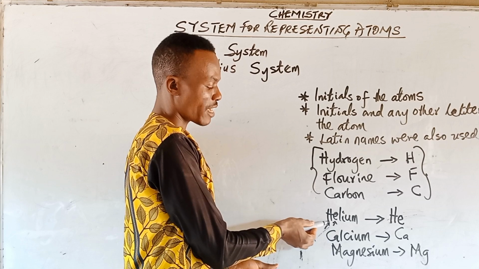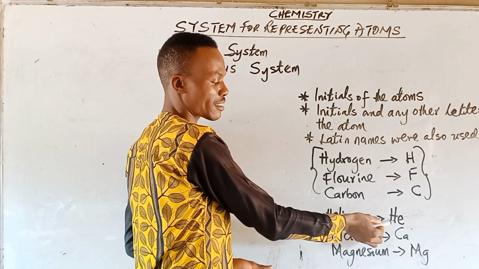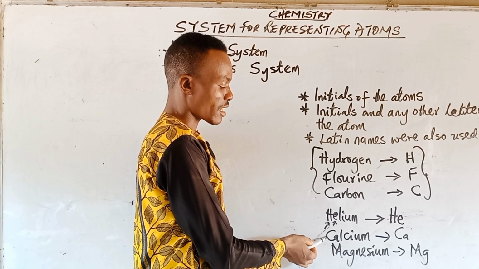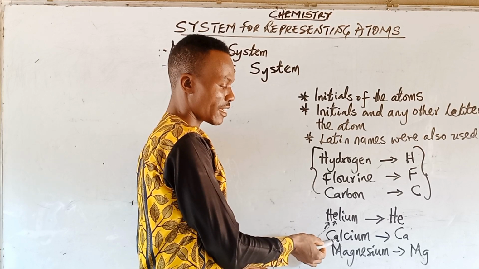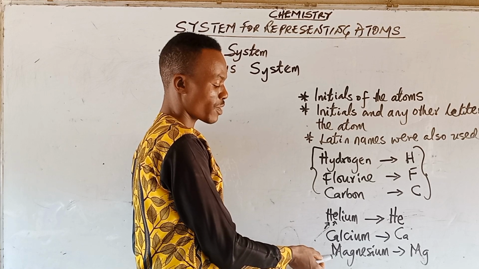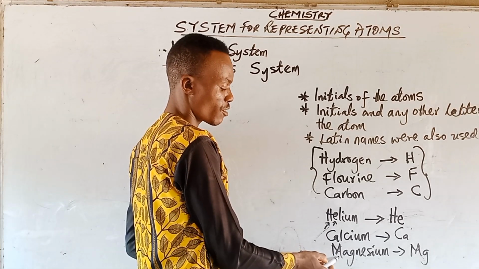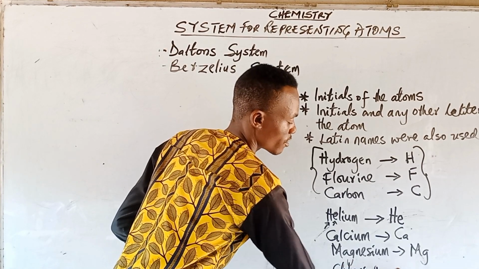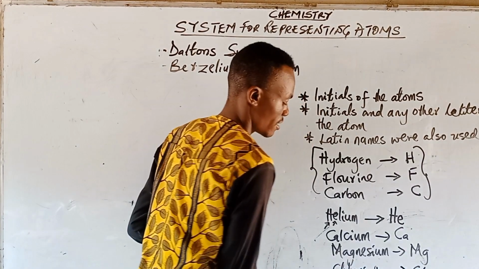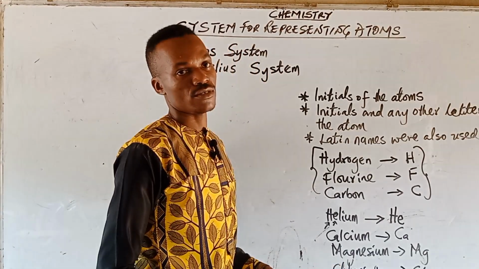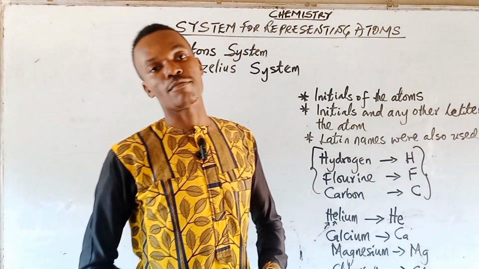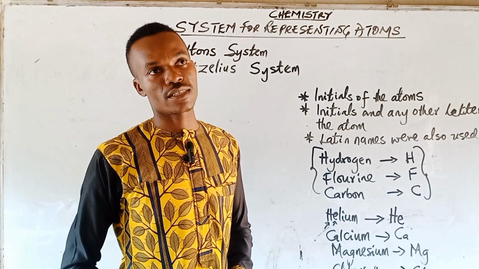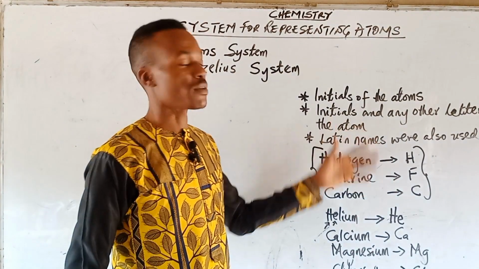As you can see here, we have H and the next letter that gives us helium. Then we have calcium, C and A. Then in the case of magnesium, we have M and G used here. If you also check chlorine, we have Cl. So these are the systems that Berzelius employed, and it was very simple and was adopted in the representation of